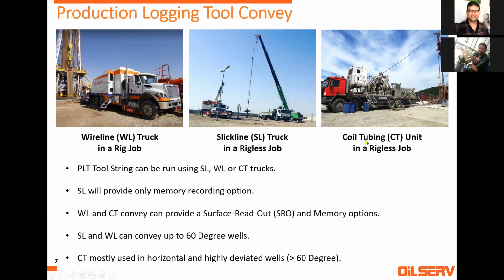For coiled tubing, what I saw, they do it mostly for horizontal wells. Like an e-coil job with multi-array can easily reach $250,000. Is that for a single horizontal well? Yes, for a horizontal well, okay, more than double. Yeah, for a horizontal well, $250,000. For a PLT job on e-coil, $250,000. You can imagine this one. Yeah, so it's really, really expensive.